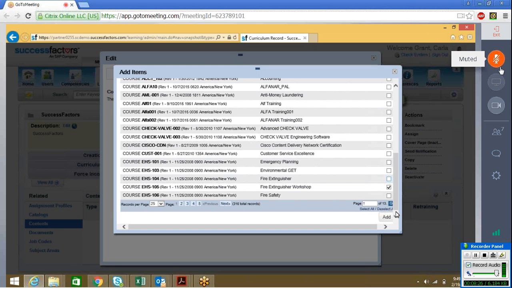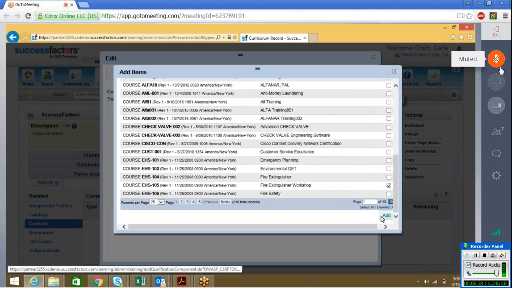There are two courses related to fire extinguisher workshop and safety, and I select fire extinguishers as my item under the curricula, and then choose these two courses as my subcurricula. Okay. So after selecting the courses as